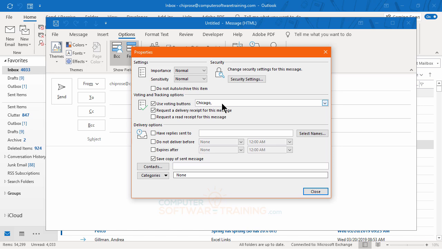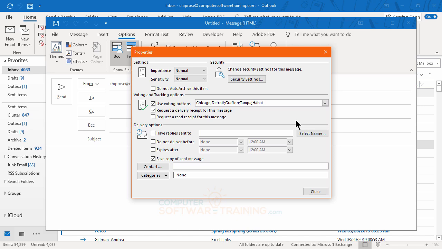Okay, and now I just almost made a mistake there. So Chicago, and then we're going to put a semicolon in there, right? All right, the second choice is going to be Detroit, semicolon. The third one is going to be Grafton, semicolon. Next one's going to be Tampa, semicolon. And we'll get one more choice, and that's going to be